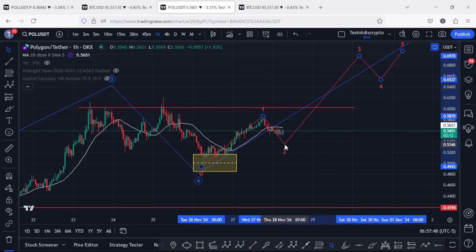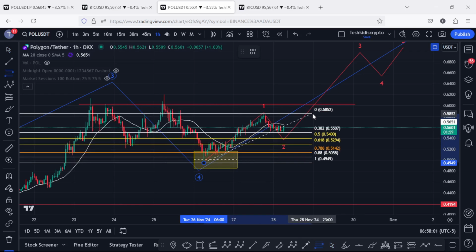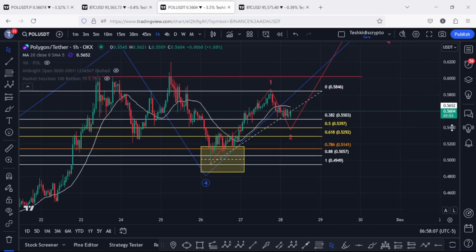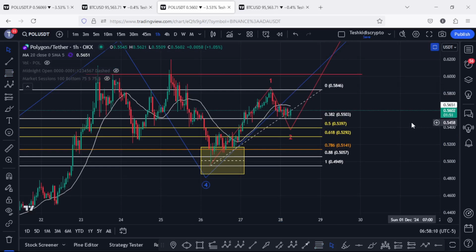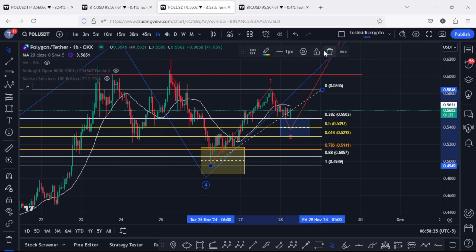To see whether this second wave fully maximized the minimum target areas for the second wave, we can use the Fibonacci, connecting the Fibonacci from the low of the first wave to the high of the wave 1, giving me a minimum pullback target area for the second wave between the fib level 0.5 and the fib level 0.618. We can also extend that to the fib level 0.382, where you can all see that we have seen a pullback getting a reaction on the fib level 0.382